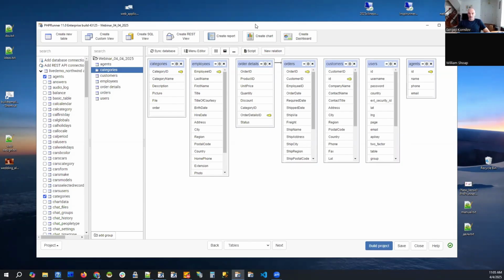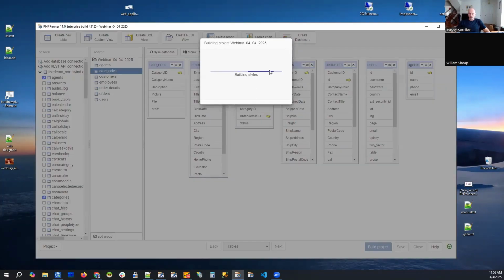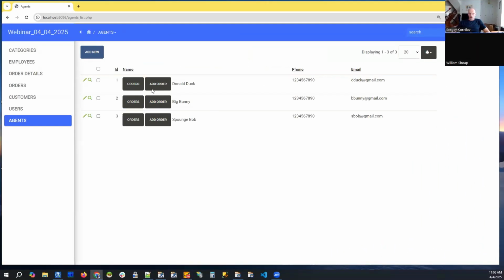So the problem is, for instance, we have a simple project here, the usual Northwind database, and we also have an agents table. So let me build it and show you, and it will probably make a little bit more sense. So these are agents. I want to have multiple tabs open. I want to add orders on behalf of the agents,